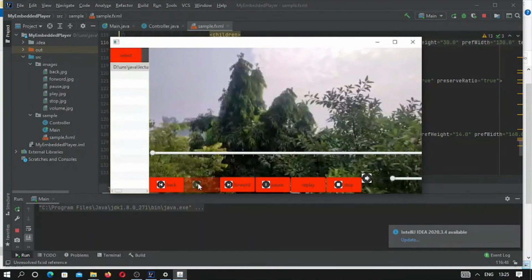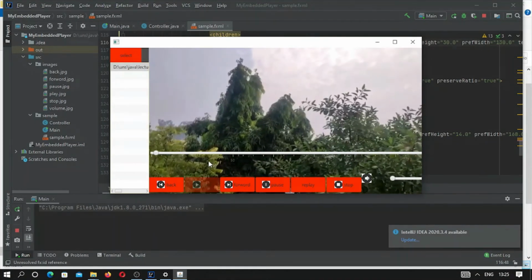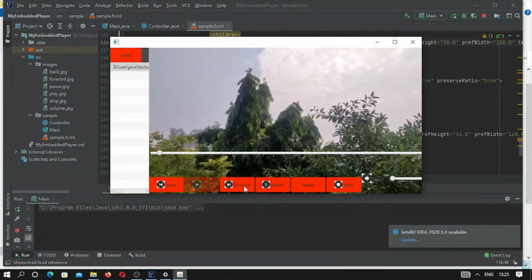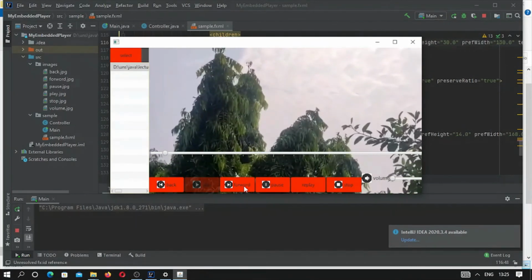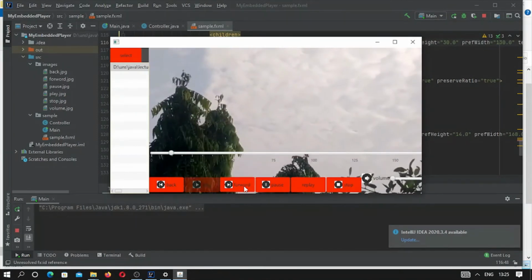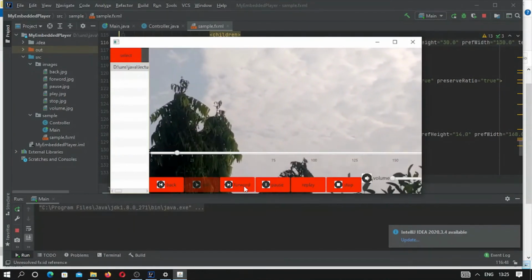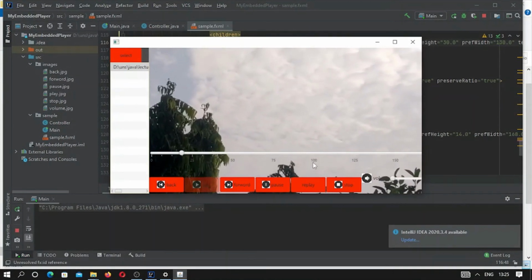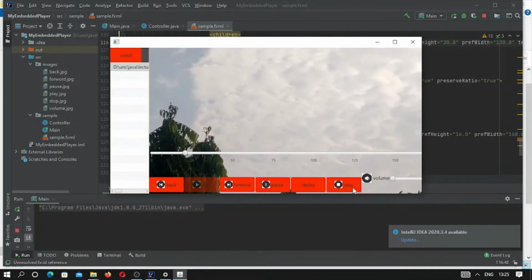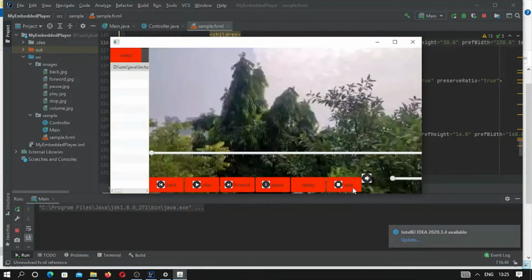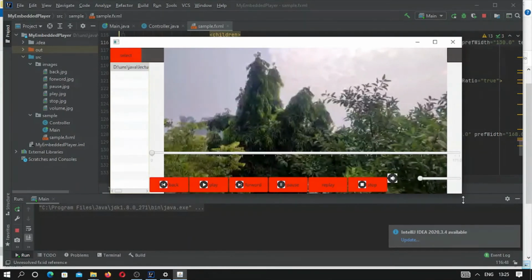We want to check forward and stop. Okay, you can see the video is getting forwarded. Now we want to check stop, so let me press stop. The video should be stopped. Is it stopped now? So it is working good.